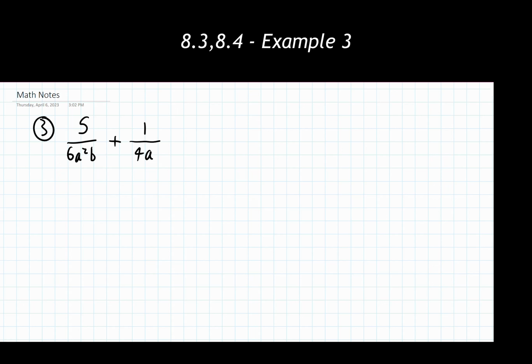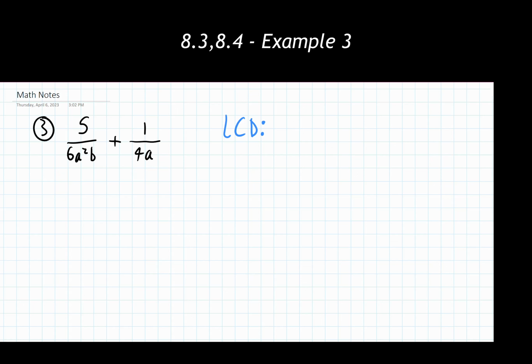Step 2 says to determine the lowest common denominator amongst all rational expressions. Now my recommendation is somewhere nearby, write out for yourself LCD. We are going to log what that lowest common denominator is because we will be using that in our future steps. So we're going to determine the lowest common denominator just like we would with all of our previous methods that we had with finding the lowest common denominator of fractions.